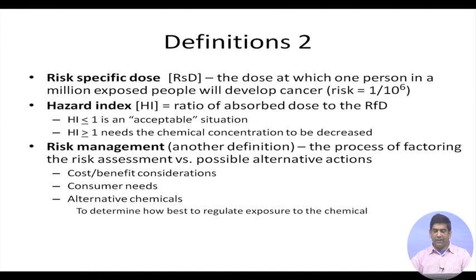Then we calculate the hazard index, which is the ratio of absorbed dose to the RFD. If the hazard index is less than or equal to 1, it's an acceptable situation. If the hazard index is greater than 1, that means the chemical concentration needs to be decreased. So that's where risk management comes into the picture, where we have to factor in this risk assessment and then look